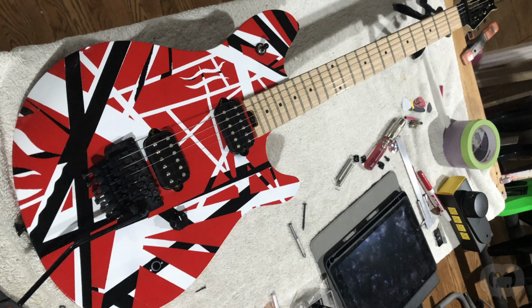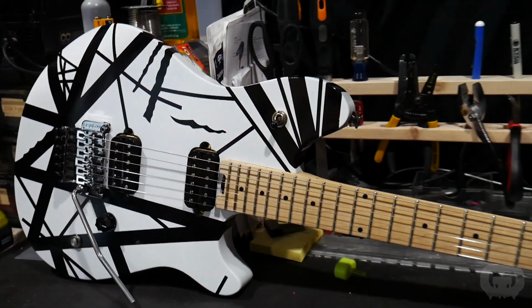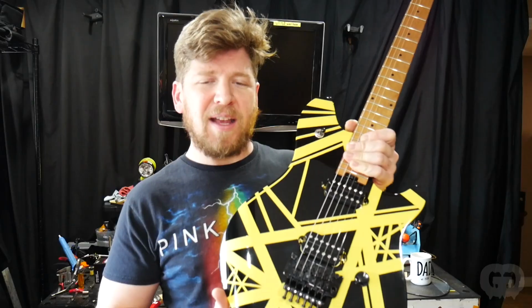This is actually the third guitar I built for this customer. I built him a red, white, and black classic Frankenstrat Wolfgang, a black and white Wolfgang, and now the Bumblebee Wolfgang. So he's going to have all three of them next to each other on the wall. And he also has a stealth Wolfgang, so he's got 4 of them going across, and this one's just going